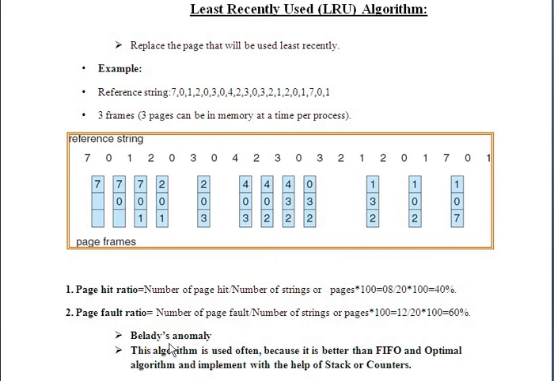Again, Belady's anomaly will not work here. What is that anomaly? As you increase the number of frames, the number of page faults will increase. That will not happen here. So this is again overcoming that particular problem of page faults. So the number of page faults will not increase as we increase the frame numbers. What the anomaly says is that there will be an increase in page faults if we increase the number of frames in a system.